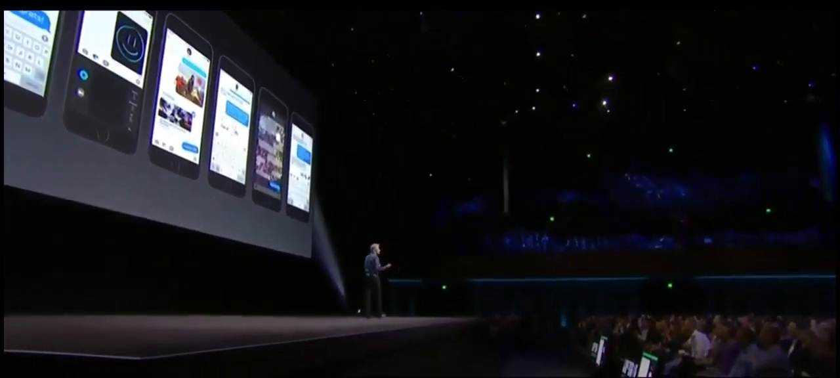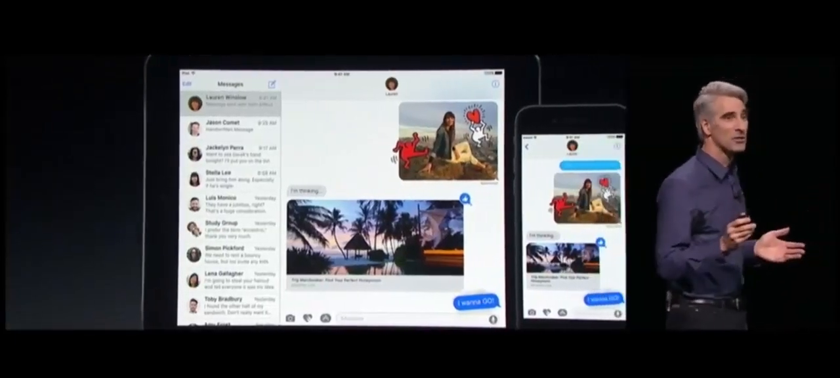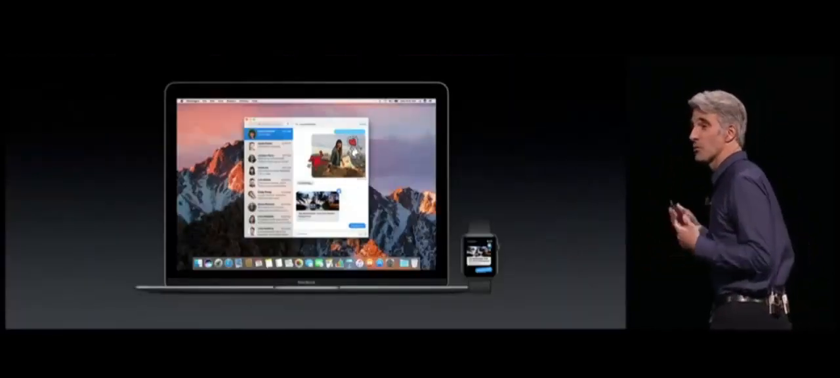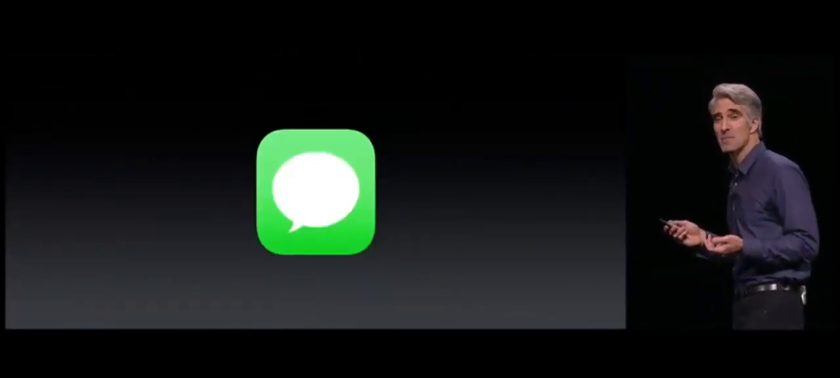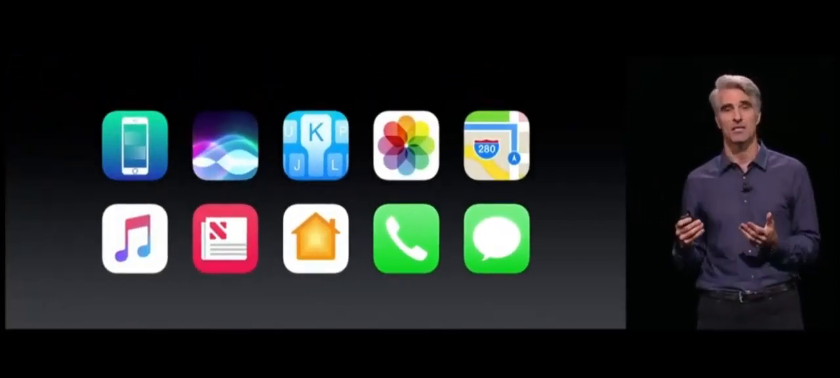So this is the new Messages. It's, of course, fantastic on your iPhone. All of this is available to you on your iPad as well. And your Mac and your Apple Watch can receive all of this interactive content as well. So that's Messages, part of 10 huge features in iOS 10. But of course,